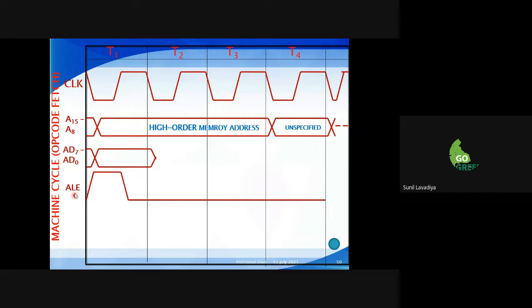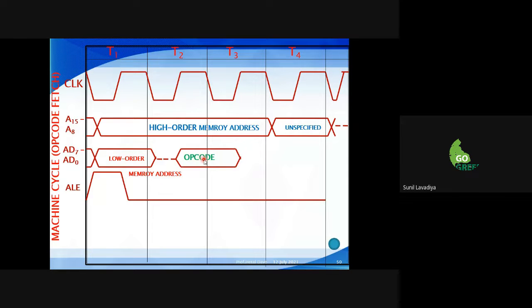As I mentioned, ALE, address latch enable, always comes in the first T state. T1 means here. Then for the rest of the time it's at a lower level. ALE is at the higher level, then after it will be lower. This is the low order part, the memory address. Then it depends upon the operation that is going to be performed here. This is a generalized thing. I have not given any program or any question, but I am just telling the steps that you need to remember.